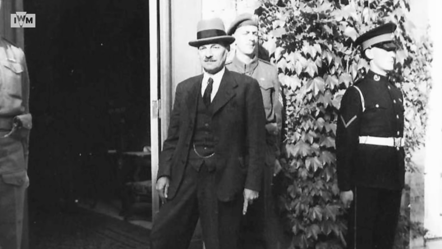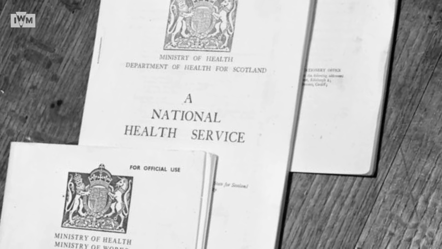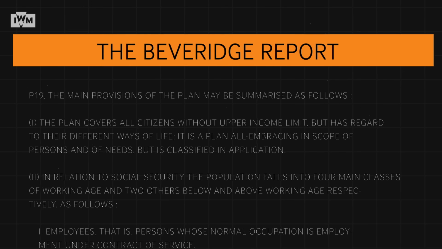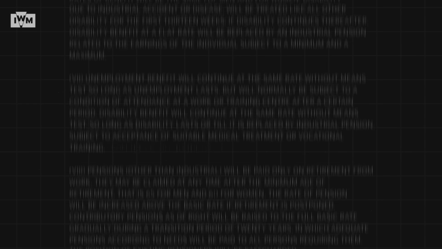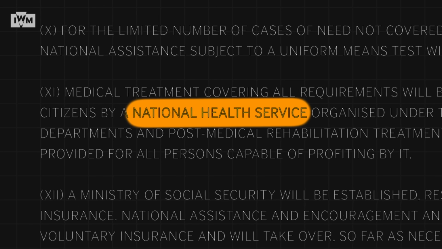Unlike Churchill's Conservatives, the Labour Party seemed to offer a vision of a new social order in Britain. Labour promised better housing, full employment and free healthcare. The British people wanted real change when the war was over, and the blueprint for that change came in the form of a 300-page government document written by the economist Sir William Beveridge. The report had the rather dry title of Social Insurance and Allied Services, but it became known as the Beveridge Report. Its author recommended huge, radical social reforms that would take care of citizens from the cradle to the grave, including the creation of a welfare state and National Health Service.